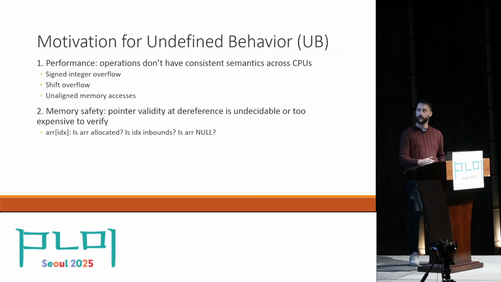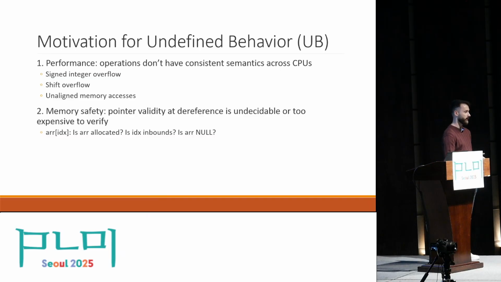So you might wonder, if UB leads to security vulnerabilities, then why would the standard allow it? And the answer lies in the design philosophy of the language, which is solely based on performance. We want the language to be as fast as possible so that we can get the most out of our hardware. However, there are some problems with that.